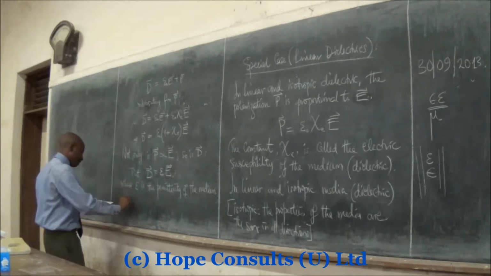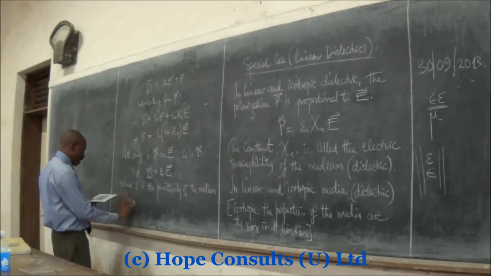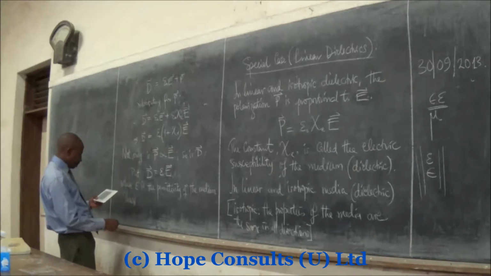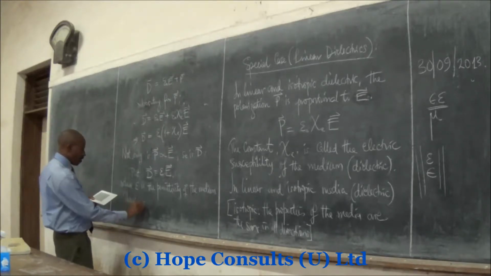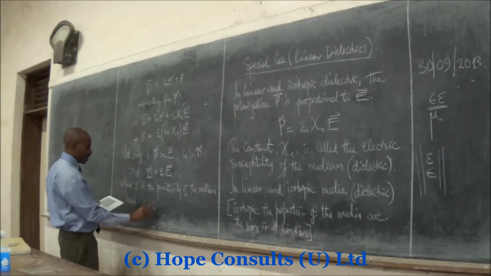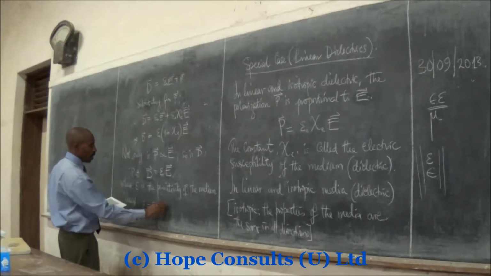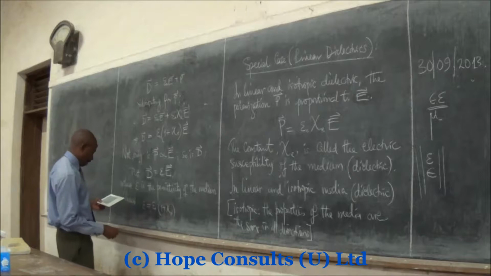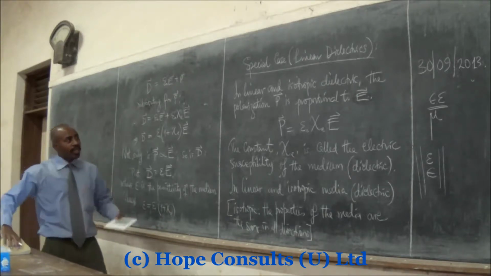Thus, we can say that our epsilon is equal to this whole constant, which is equal to epsilon naught times 1 plus chi E. And if we recall,